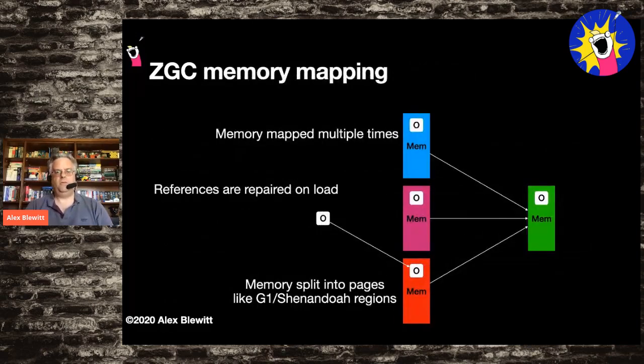So this is an example of what ZGC actually looks like. We've got one heap memory, which is the green box on the right with an object inside there. That is then mapped multiple times. They're called map 0, map 1, and remapped, I think. If you've got an object that's pointing to an object in the wrong flavor of the heap, then when the object is moved, the object reference can be updated to point to the right version. That can be done either by the garbage collector or by application threads being co-opted to do part of